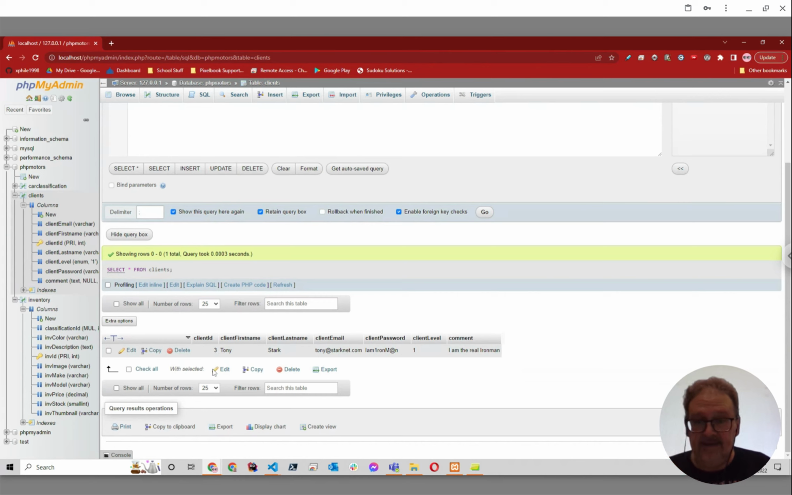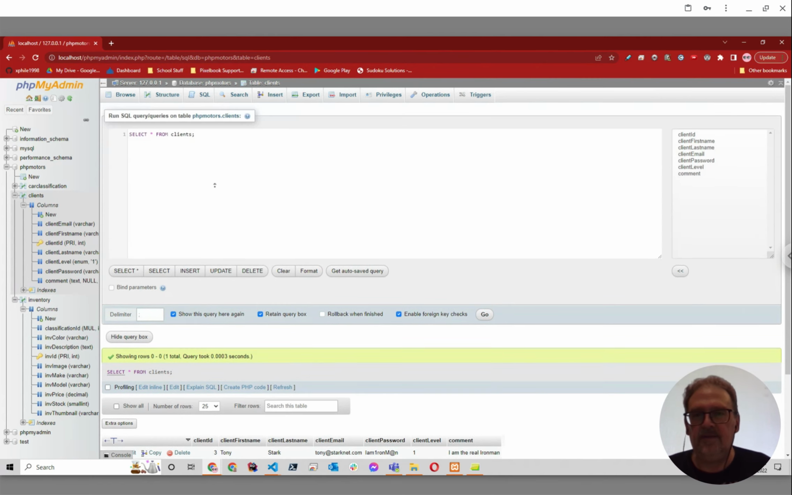The reason the client ID says 3 is because I've already done this twice before, and it's auto incrementing, but it has the first name, the last name, the TonyStark.com, I am Iron Man, client level 1 as the default, and I am the real Iron Man as his comment. So now we're going to run the next